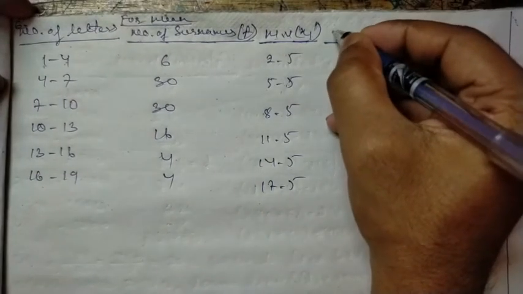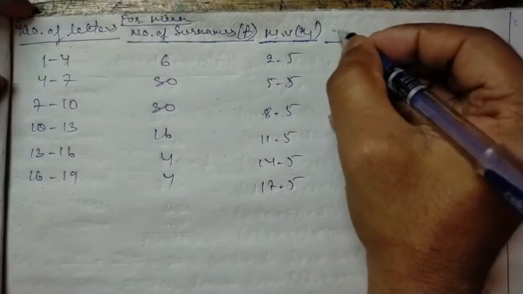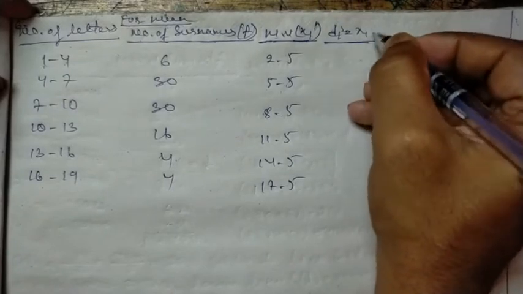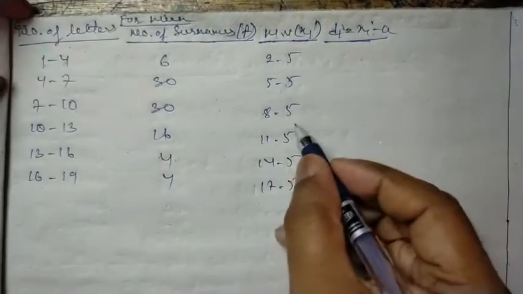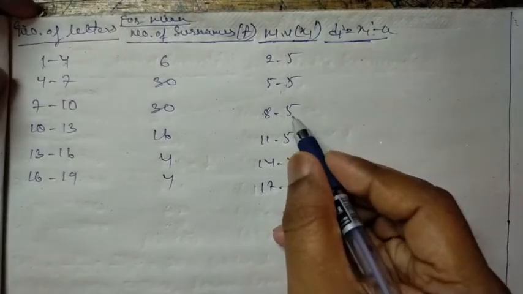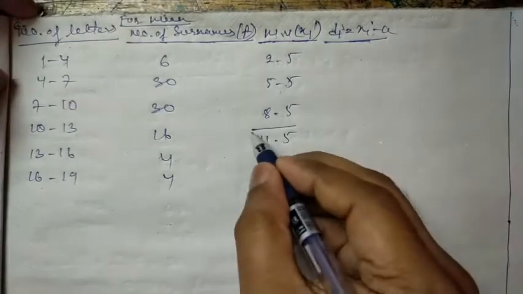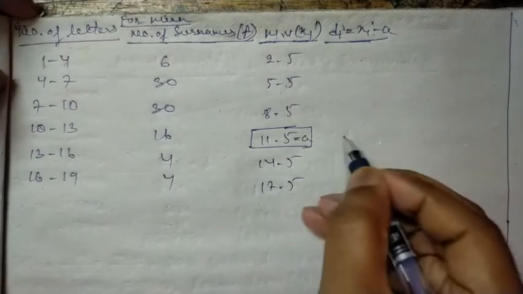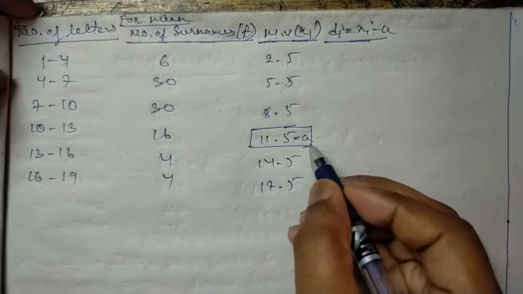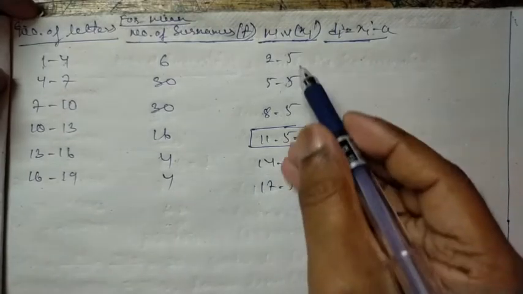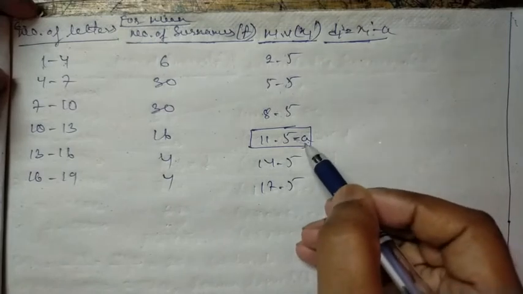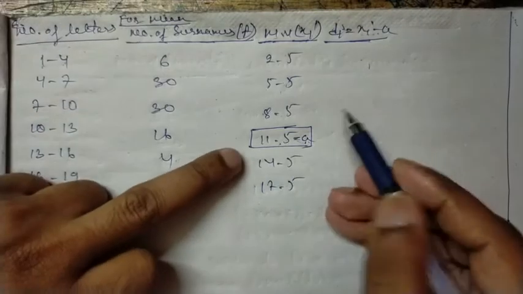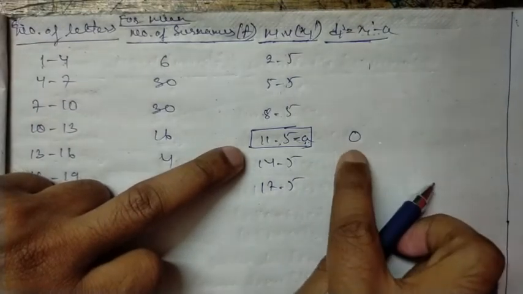Okay, now this one we have to find through the assumed mean method, right? So di is equal to xi minus a. So we can take the assumed mean from here. Let's take the assumed mean from here. This is our assumed mean, that is a. If I take this assumed mean, this is our xi and this particular one is our assumed mean. So we have to do x minus a. It is our x and it is our a. If we subtract the same value, we'll get 0.